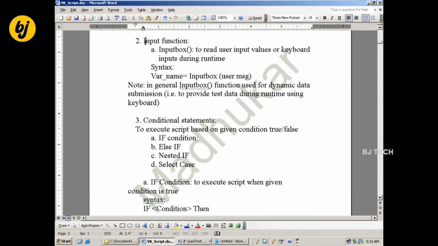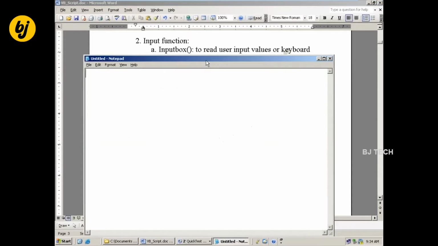Take the second one, input function. Take in that, the first one is input box. What is the use of the scanner class in Java?